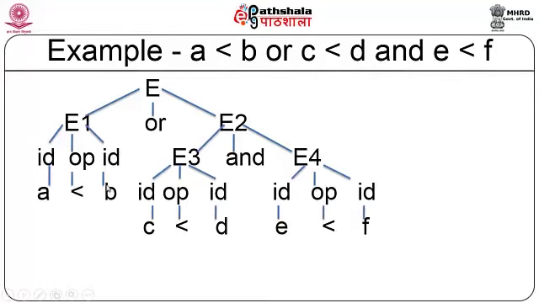So, if A is less than B is true, that is nothing but the entire expression is true. If this is false, I have to go to evaluate E2, which is again comprised of E3 and E4. Now E3, that is if C less than D is true, I have to evaluate E4, which is checking if E is less than F. That will be the overall expression's true value. On the other hand, if this is completely false, therefore E is also going to be false. So that is how the flow is going to be.